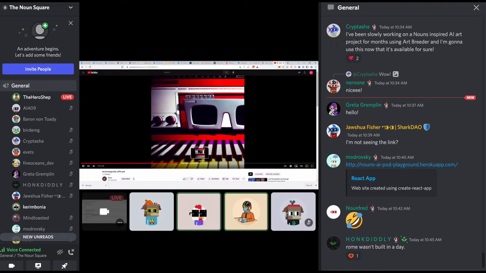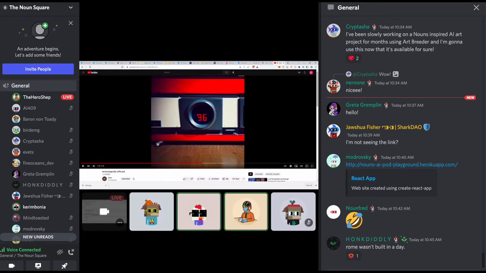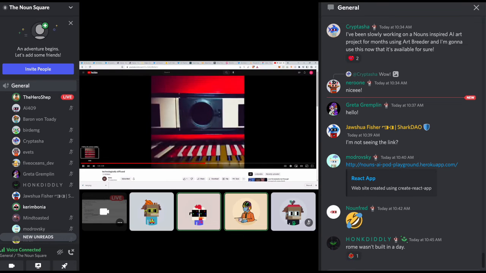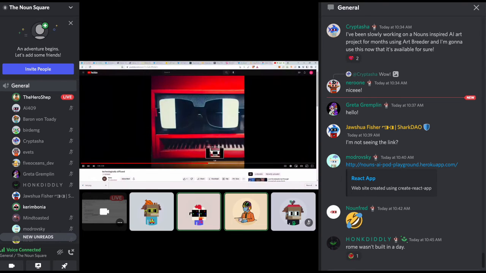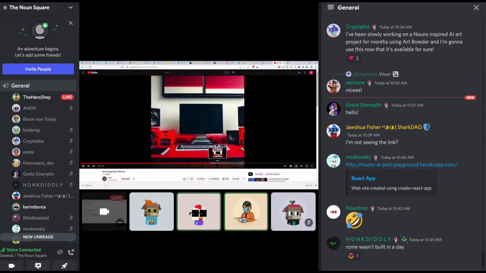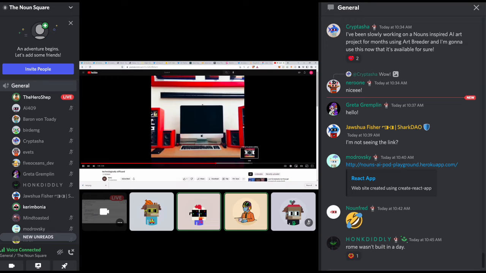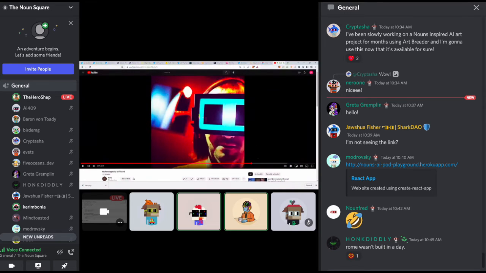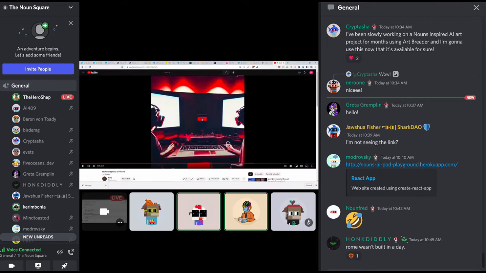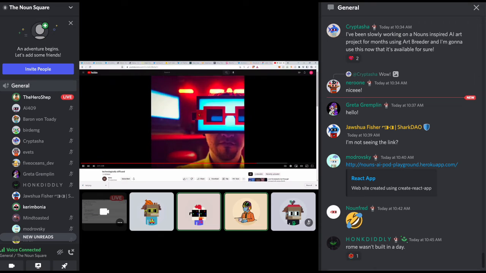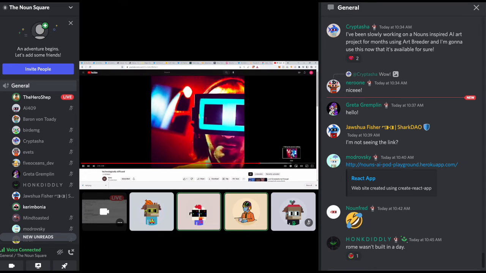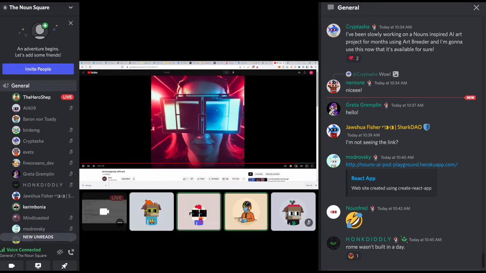So it kind of progresses through. The idea here was to progress through old analog DJ equipment all the way up to a MacBook, and then keep progressing until you get more toward the future where you've got VR headsets. And then even further into the future, once you've got your VR headsets, then maybe you start ascending and then